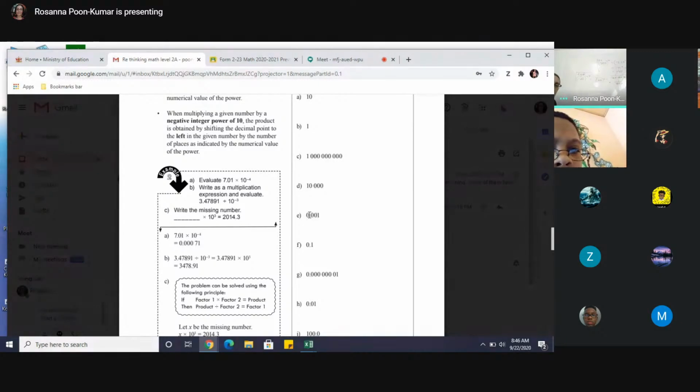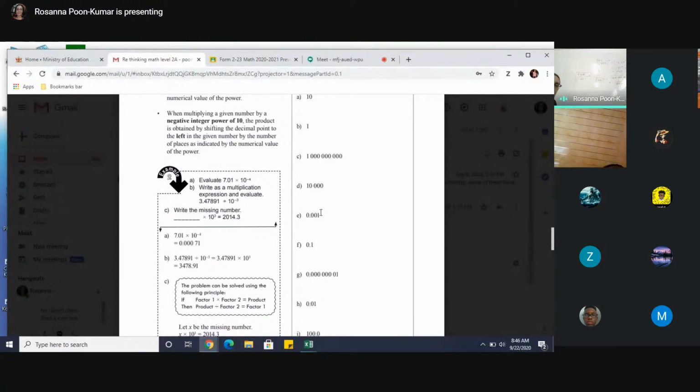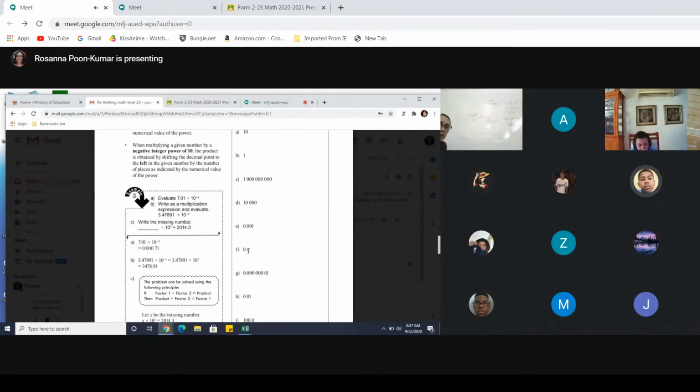Gaffney, the answer is what? This is 1 over 1,000. So 1 over 1,000 is 1 over 10 cubed. So this is 10 to the negative 3, Gaffney. 10 to the power of negative 3. Okay. Yes, miss. After Gaffney, Webster. What is 1/10? Excuse me, miss. Miss, can you say what is D, miss? What is E is 10